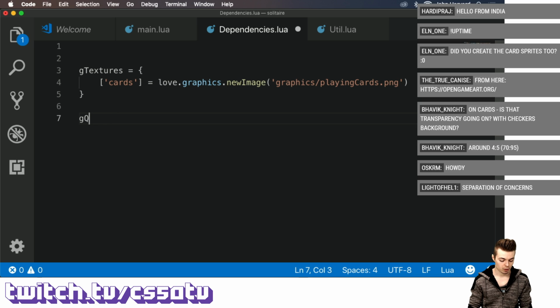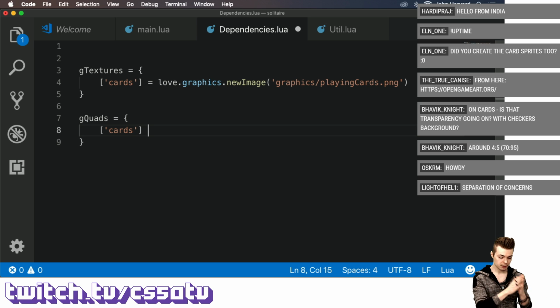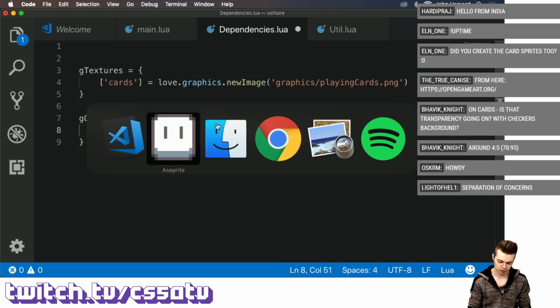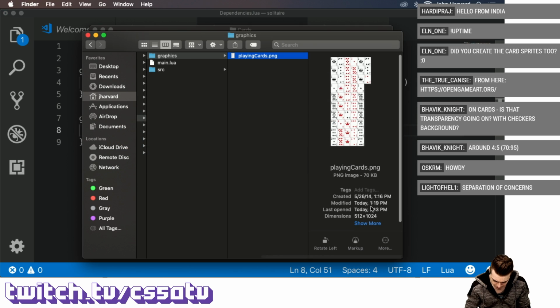G quads, just to keep the sort of language consistent. I'll typically create a table called gquads, and I'll say cards. I want it to map effectively to my other texture. I want to be able to reference my texture, and I want to be able to reference the quads that I generate from that texture, all the separate subtextures, the individual cards in this case. So I can say generate quads, gtextures, cards,